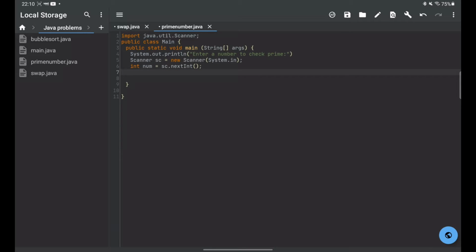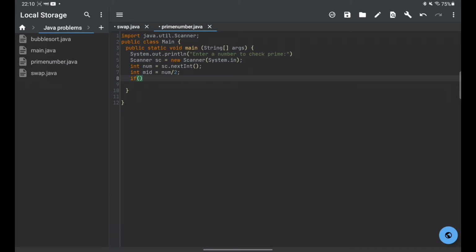Now as and when we have that number, we'll find out the half value or the middle value. So I'll take mid as num divided by 2, right?